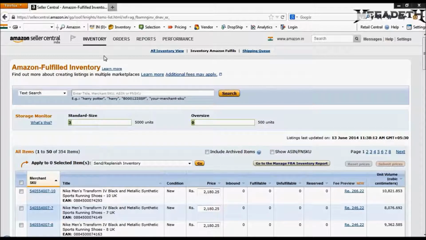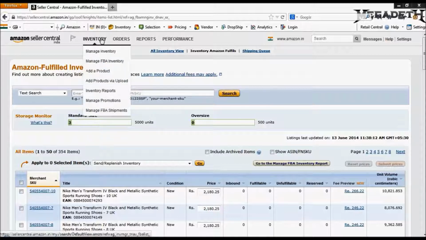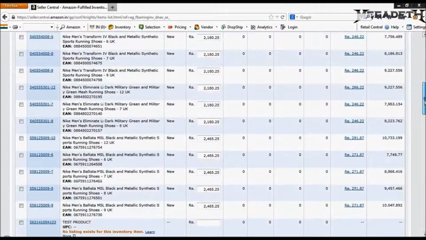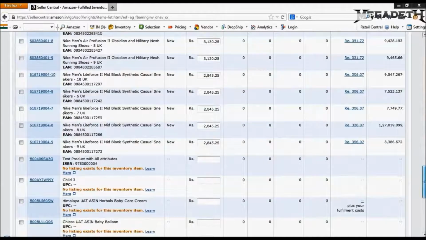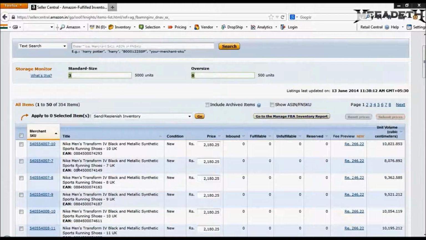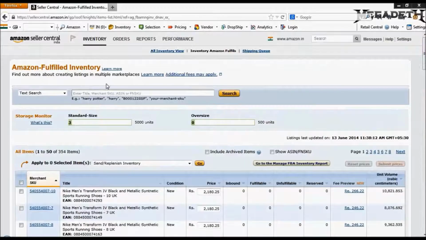So as the name suggests, the FBA inventory will be visible under this section. From this, all that you have converted will be visible, and when you're creating a shipment and sending it to a warehouse, you can select whichever products that you want to fulfill at that particular time. Now I want to send the Harry Potter book that I just created, so let me search for the Harry Potter book.